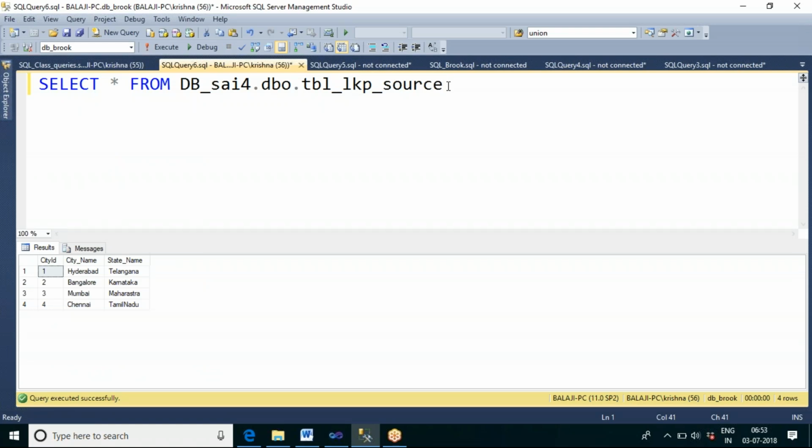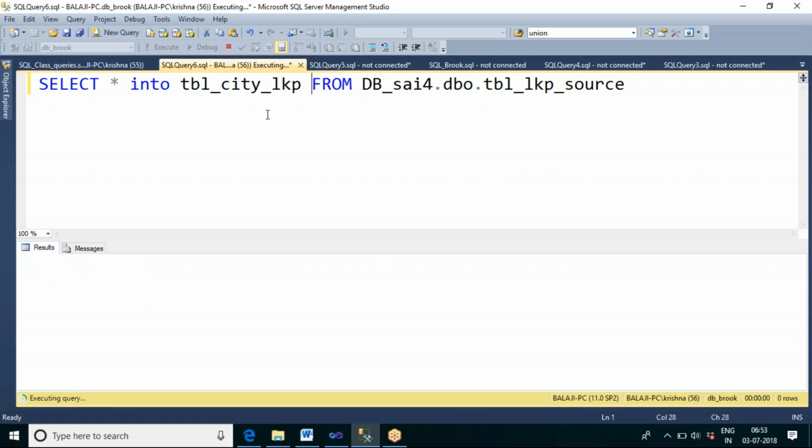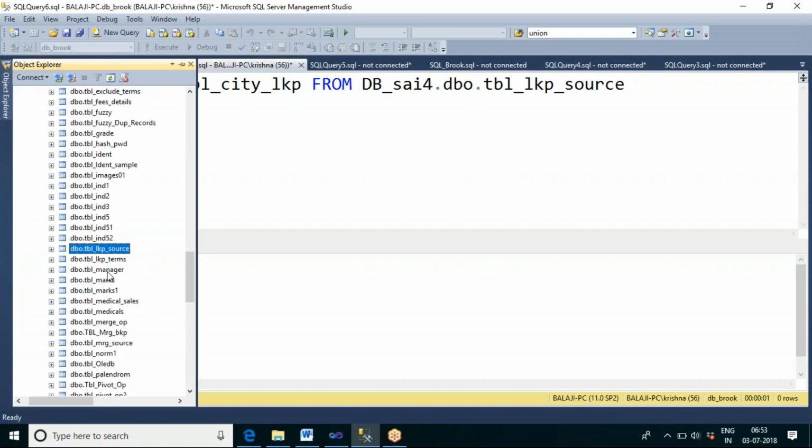First of all, let me get this table into our DBBrook database. So let us say table underscore city underscore lookup. I'm getting this data into this table. Let me go for another table in which I have some city information.